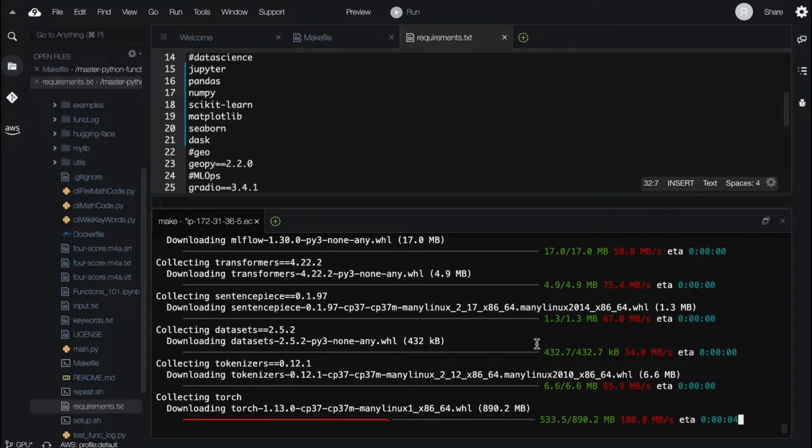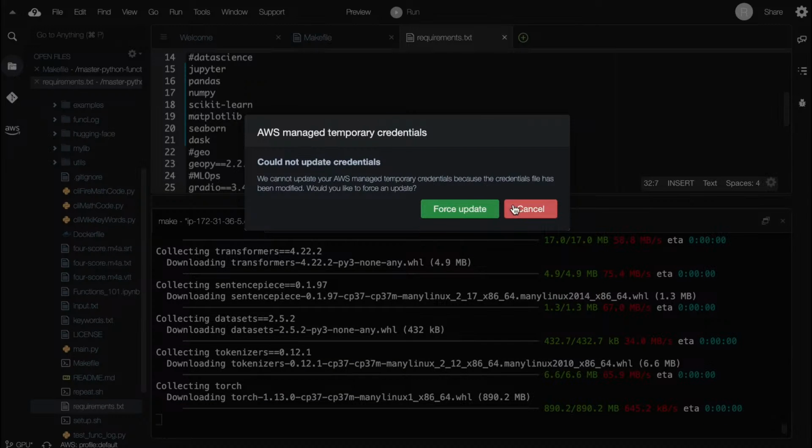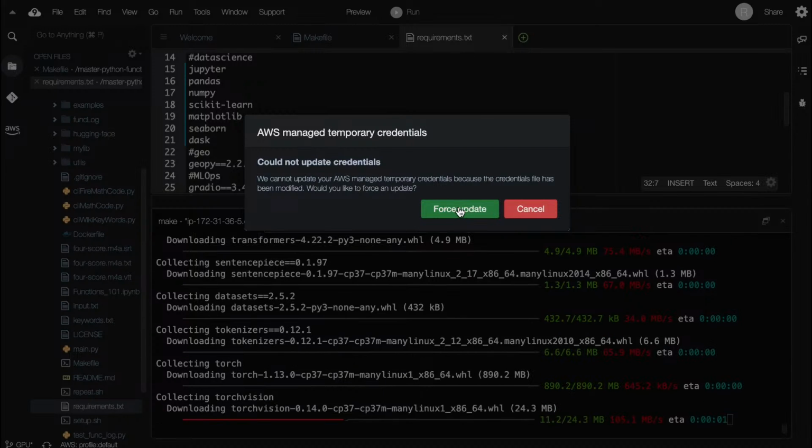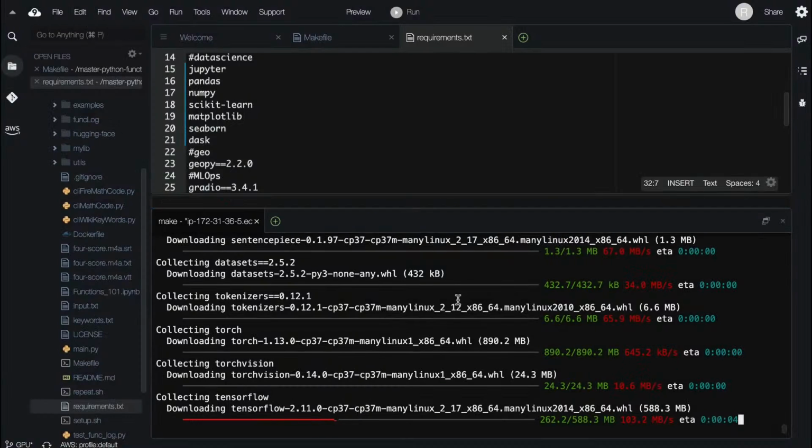Okay, it's collecting torch. Looking good here. It's installing this.